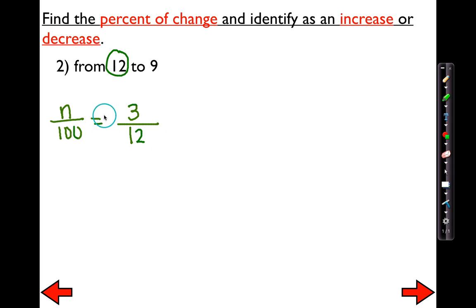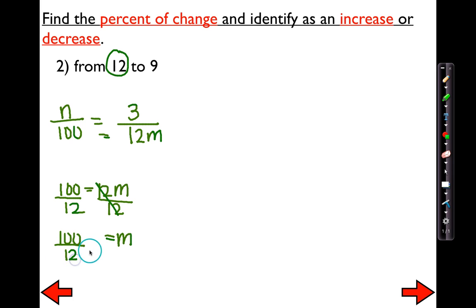So now what I'm going to do is figure out what that constant multiplier is. Well, I need to figure out how 12 became 100. I don't know what that is off the top of my head, so I'm going to use a variable. I'm going to say 12 times a multiplier, m, is going to equal 100. So let's solve that. If 100 equals 12 times some constant multiplier, I'm going to have to divide both sides by 12. And my constant multiplier is going to be 100 over 12, which can be reduced by 2,